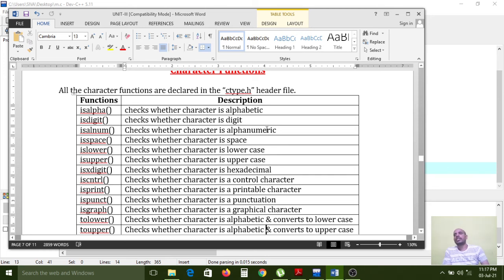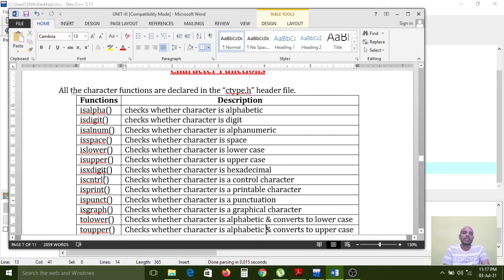Actually in the C programming language, if you use these functions, it will return either 0 or 1. Why? With isalpha we are asking the question to the compiler. If you pass any character, is it alphabetic or not? If it is alphabetic, then it will return true. So in the form of a true value, it will return 1 only. Because in the C programming language, 1 is equal to true, 0 is equal to false. So if you use the isalpha function and the character you entered is alphabetic, it will return the value 1, nothing but true. If it returns 0, then it is false.